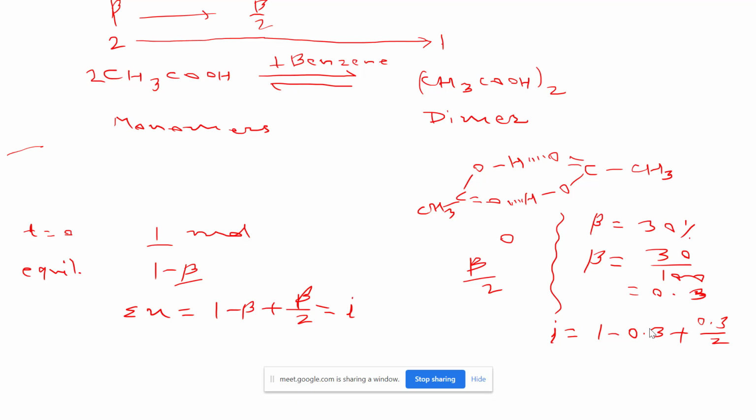Can you do this kind of question now? I am giving some questions based on this, and you have to find i. After that, we apply i in the formula of colligative properties, so just find the value of i first. We have acetic acid, which is a weak electrolyte, a weak acid, mixed with water. The degree of dissociation is given at a particular temperature as 40%. Find the value of i for acetic acid.